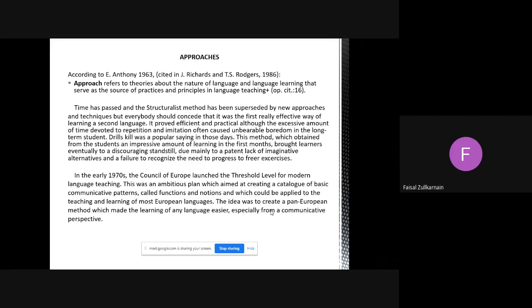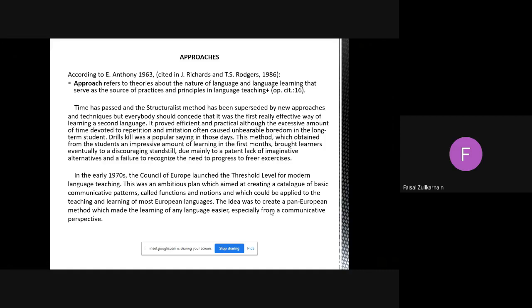It proved efficient and practical, although the excessive amount of time devoted to the repetition and imitation often caused unbearable boredom in the long-term student. Drill skills was a popular saying in those days. This method, which obtained from the student an impressive amount of learning in the first month, brought learners eventually to a discouraging standstill, due mainly to a patent lack of imaginative alternatives and failure to recognize the need of progress